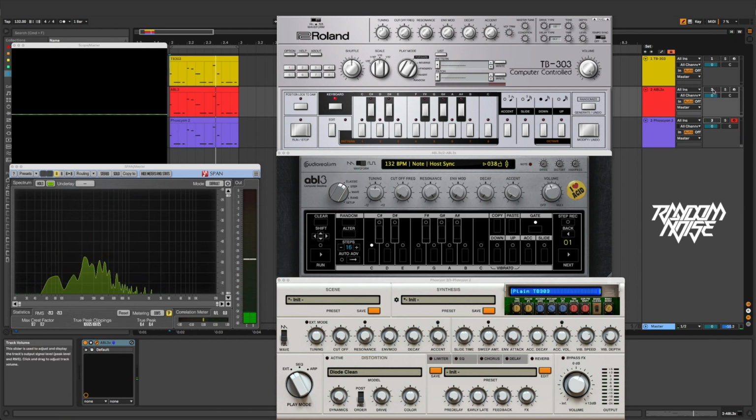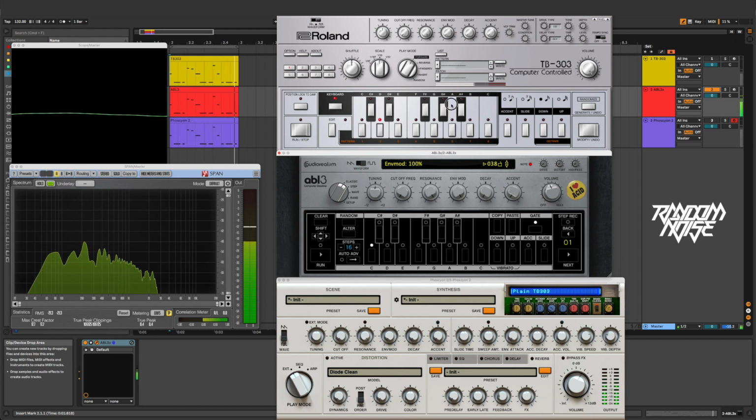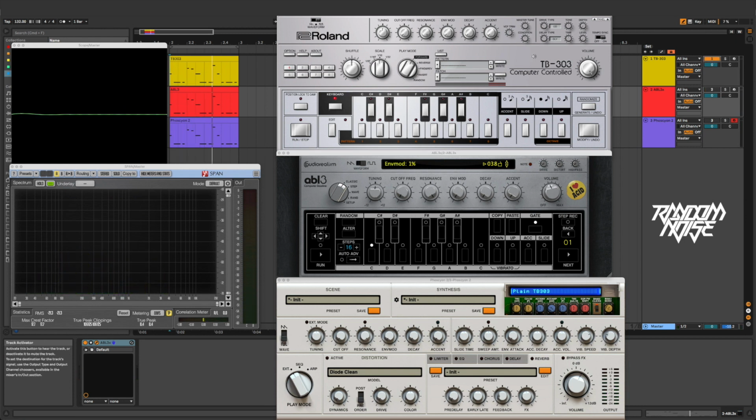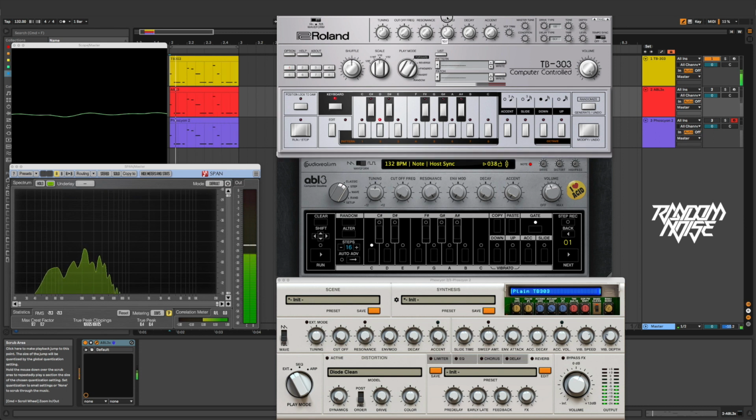Let's try this with the ABL3. Open the envelope. Okay, now Roland TB303. Interesting. Very interesting. So, I feel like to me the ABL3 kind of sounds the best between the